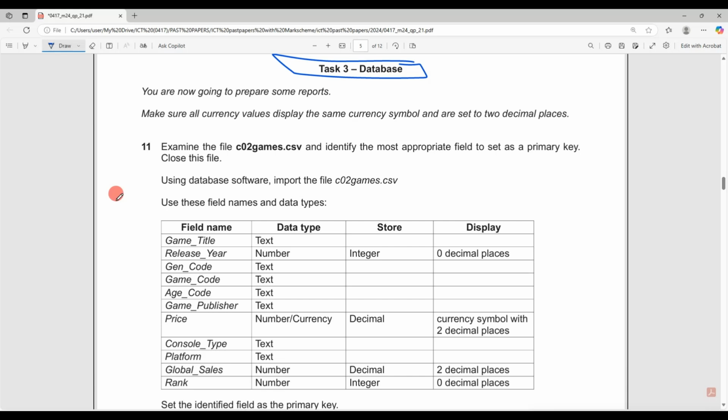February, March, and I'm going to go for task 3, which is a database task. We're going to prepare some reports. Our currency should be the same currency, so we can use any currency we like. However, decimal places should always be 2 decimal places. Examine this file and identify the most important field as a primary field. So we don't have a primary field given in the question, we have to select it ourselves, and using a